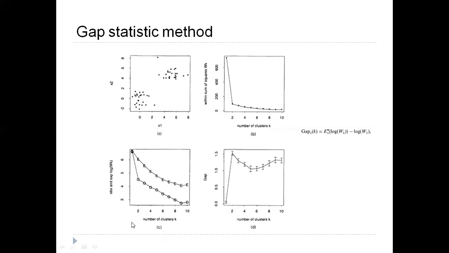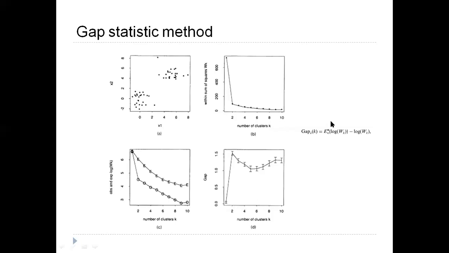So here you have the number of clusters on the x-axis as usual. You're applying the algorithm for the observed values as well as for the expected values. Then you plot the sum of squares after taking the logarithmic values, calculate the gaps between these two values, and plot it here. When the gap is maximum, you take that value as your number of clusters. So here it's around 2.